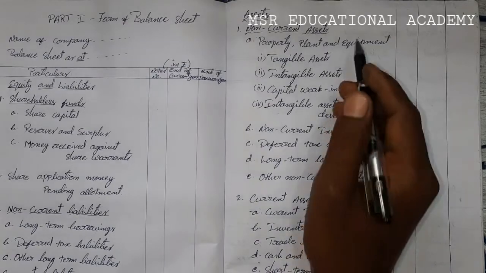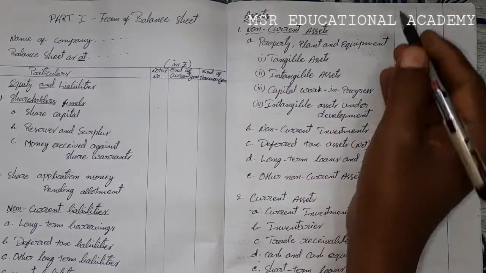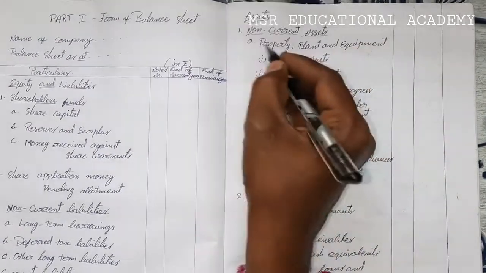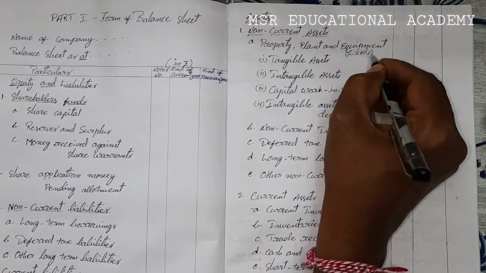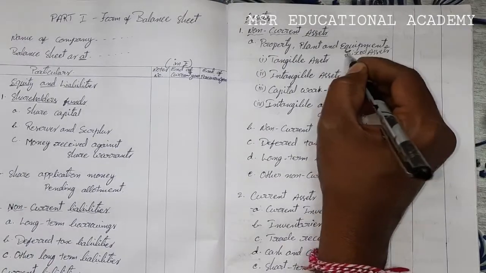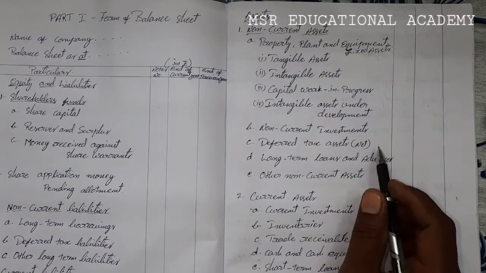So the property, plant and equipment. Next one, tangible assets. Actually here we call it fixed assets. We can write fixed assets as the heading also. Under this fixed assets,